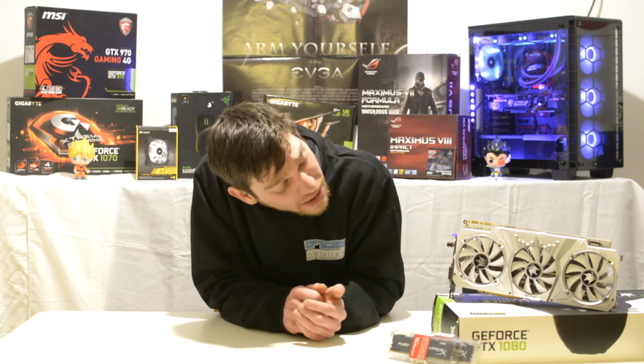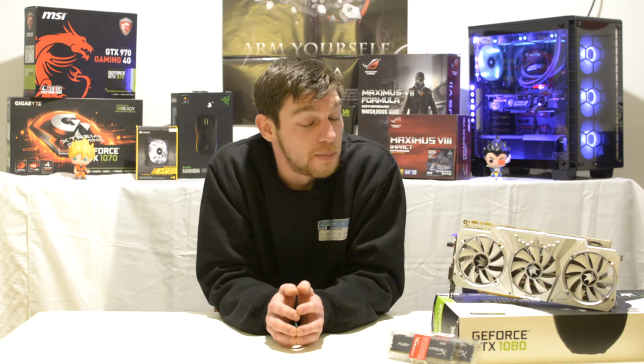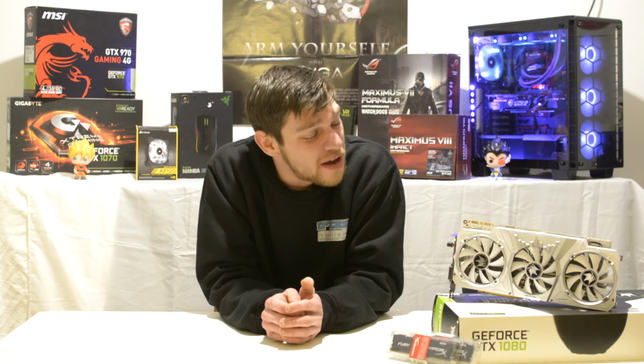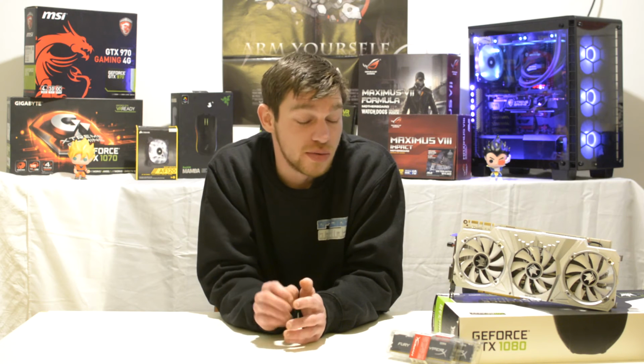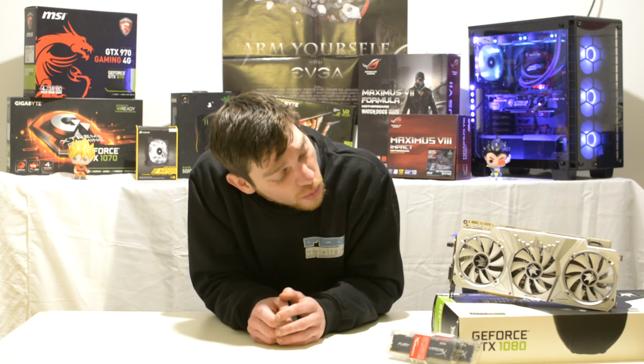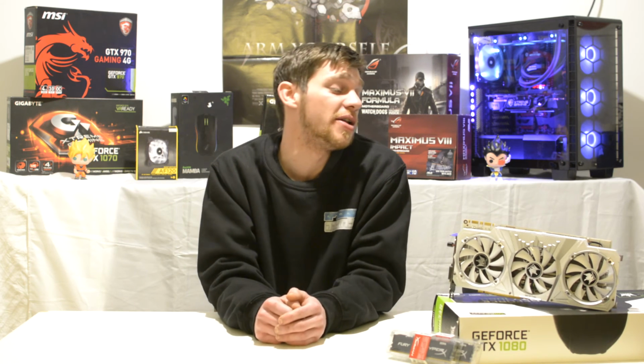Also, if you're considering a standalone card, great. If you're planning on running SLI, double check your dimensions in your cases because it is very heavy, very big. I wouldn't want anyone to figure out that it's not going to fit or work with their systems, so definitely double check that. But apart from that, it looks great. I mean, it's a white white card. We haven't seen a white card in a long time,